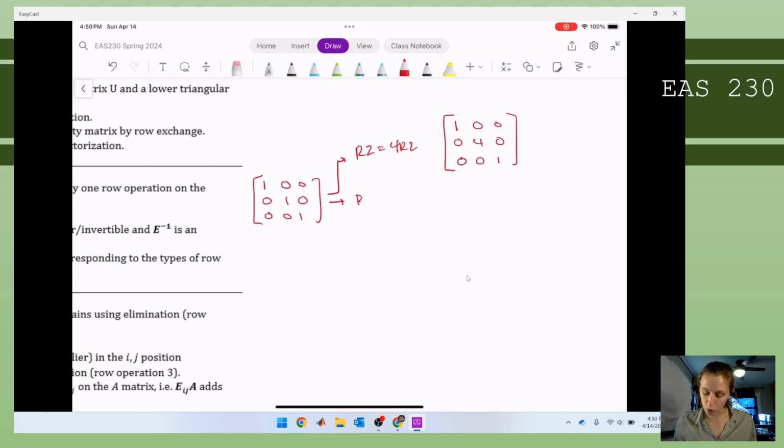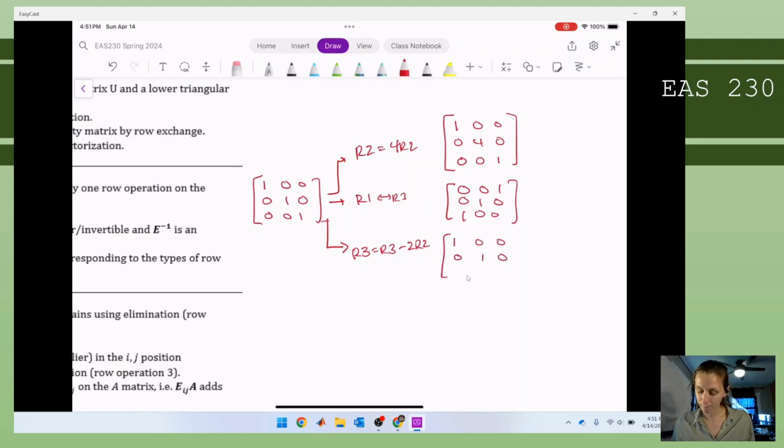If I swap two rows, so if I said row 1 swapped with row 3, my elementary matrix would look like this. And if I did my elimination step where I said row 3 equals row 3 minus 2 row 2, it would look something like this. Row 3 is going to be 0 minus 0, 0 minus 2, and 1 minus 0. So these are my three different versions of an elementary matrix, and it depends on which row operation you use,